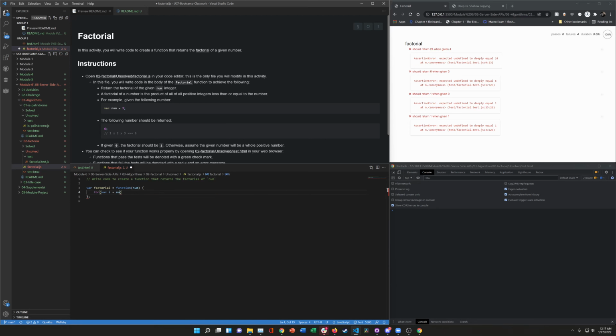Oh no, we don't want that. We'll set it equal to the number where i is less than array, well, i is greater than,